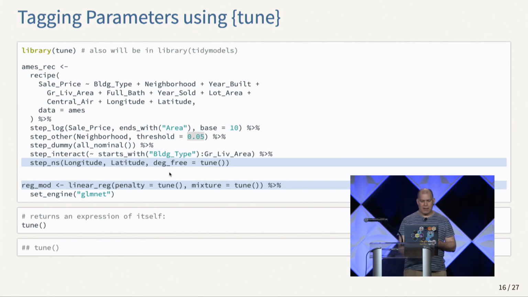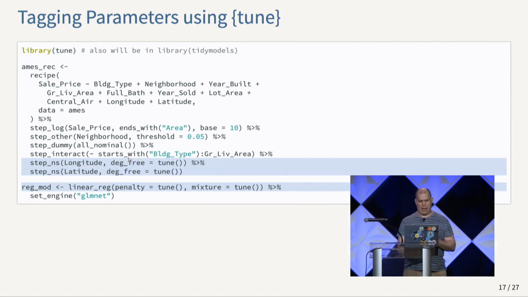So one thing about this is we're giving longitude and latitude the same amount of smoothness or wiggliness in the model. And we might want to separate those out. Maybe longitude wants a little bit of smoothing and the other variable wants a lot of smoothing. So what we might do is create two different calls, and then we've given them separate